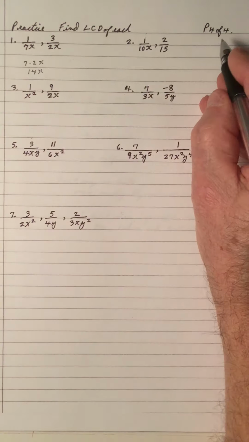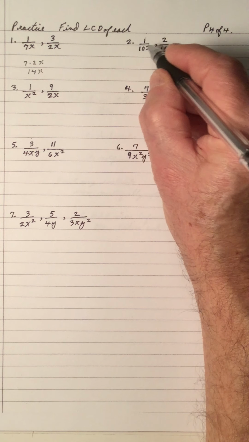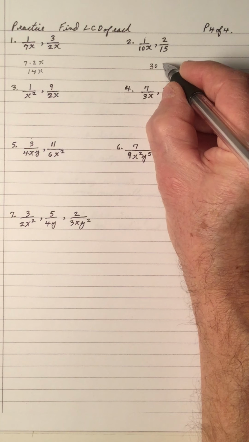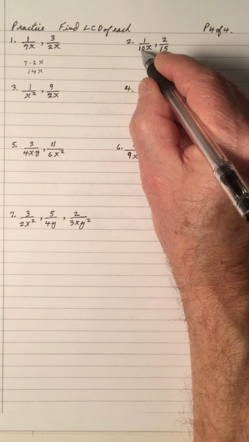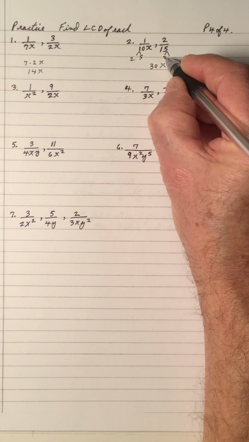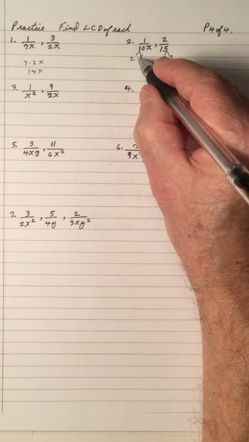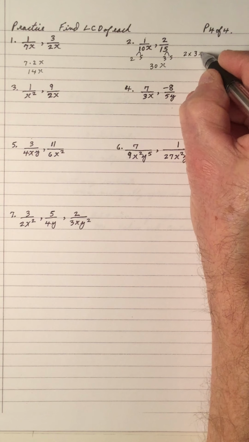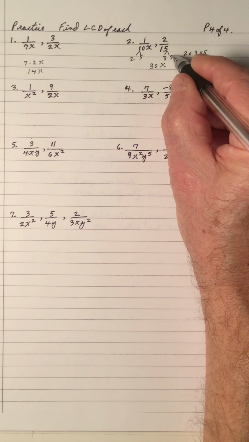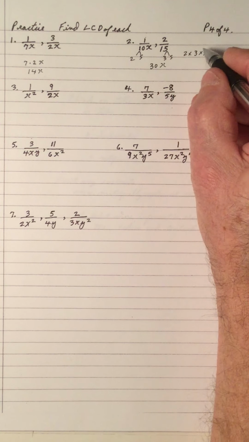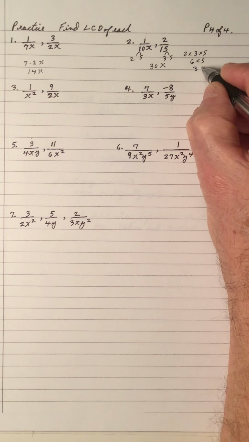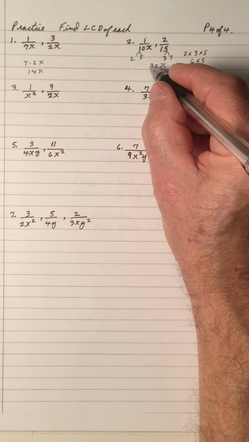They're represented in here. 10 and 15, you want to go through. Common denominator for 10 and 15 is 30, and I have to have an x. In other words, 10 is 2 times 5, 15 is 3 times 5. So you have a 2, a 3, and a 5. 2, 3, and 5 are the factors, and there's only one power of each. The highest power of 5 is 1, the highest power of 2 is 1, so that's 6 times 5, which makes 30. And I have to have the x. So 30x is the